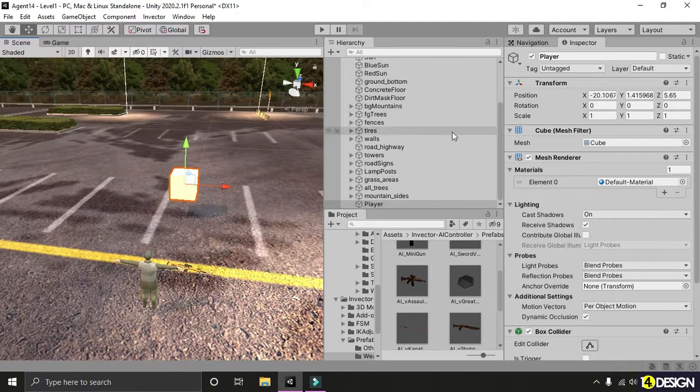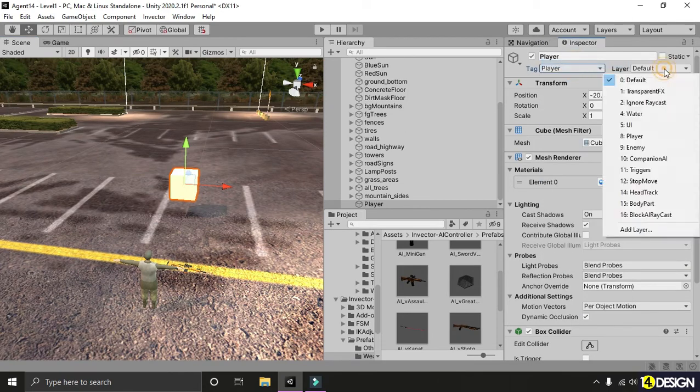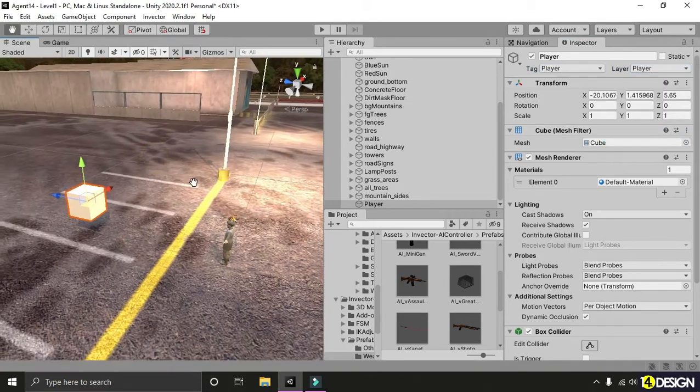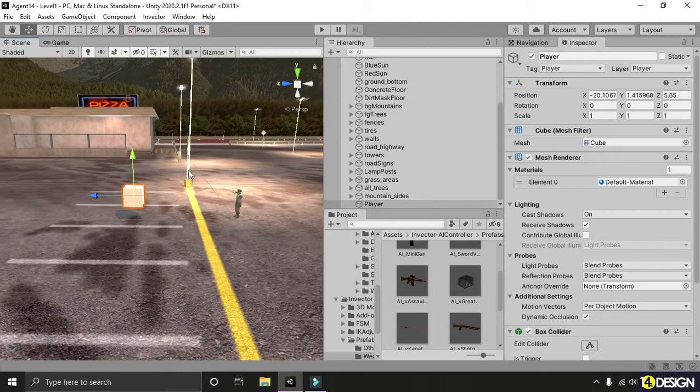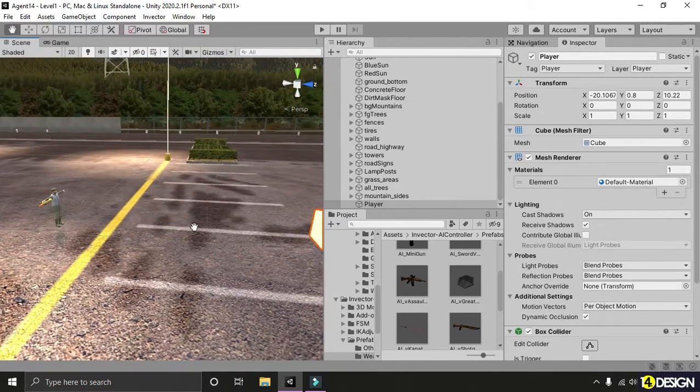So click on the cube and click on the tag option here, which is saying untagged. Click on it and click on player. Select the layer as player also. Now the cube is officially a player of this game, and the AI will detect it. Okay, let's try and check.